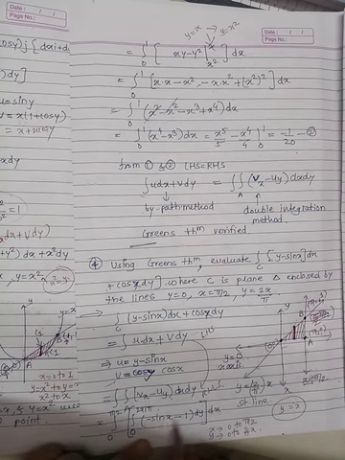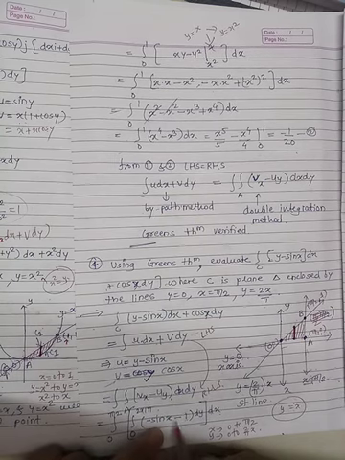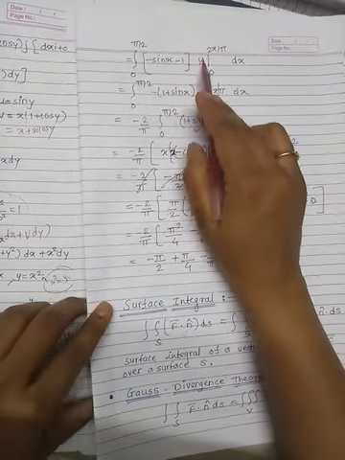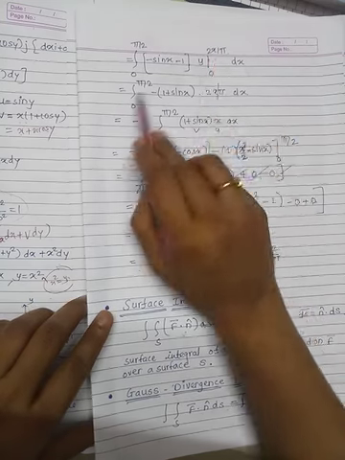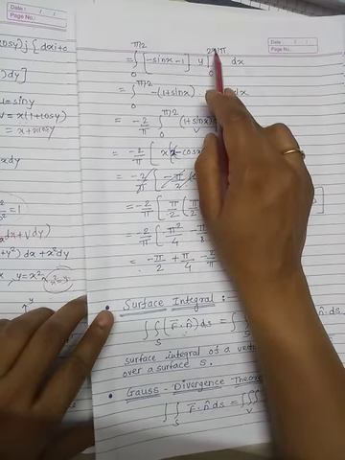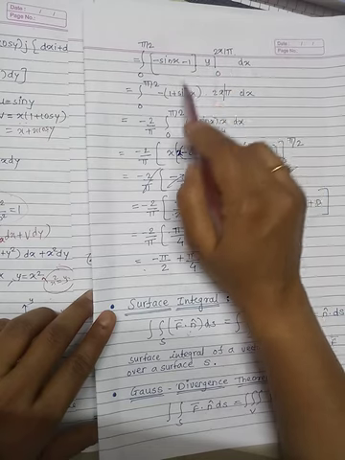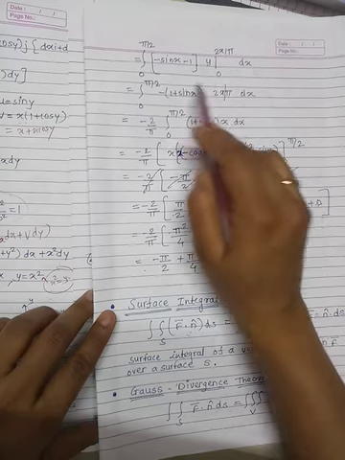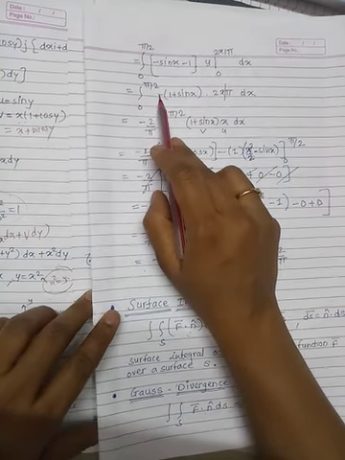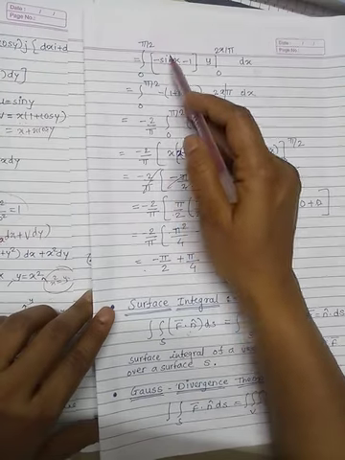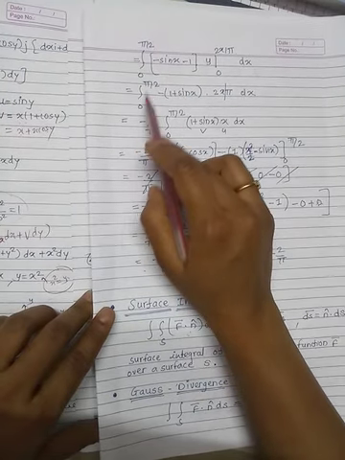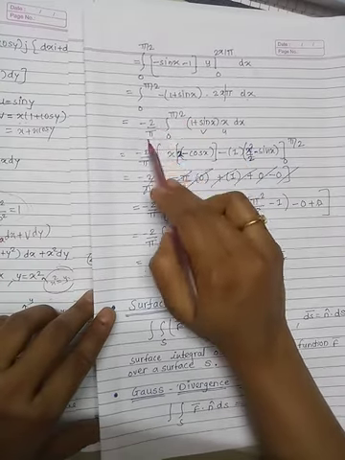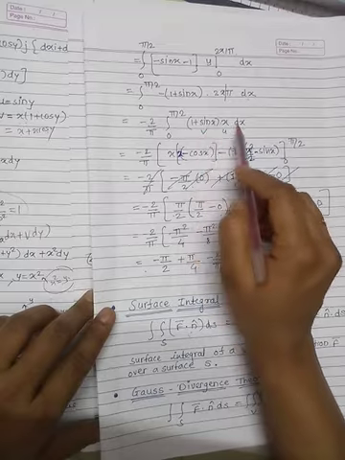So minus sin x minus 1, with respect to y, this is constant. So write as it is, and the dy integration is y, from 0 to 2x by pi. Put the limits: upper limit 2x by pi and lower limit 0. We get 2x by pi minus 0, that is 2x by pi, and this term as it is. Take the minus sign as common. Then the outer integration is from 0 to pi by 2 with respect to x. So minus 2 by pi is constant, take it outside, then 1 plus sin x into x.